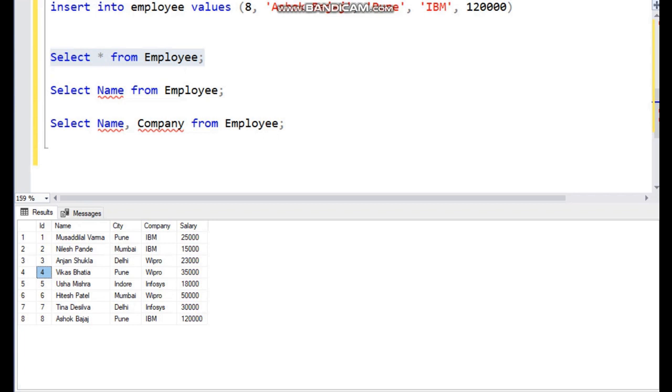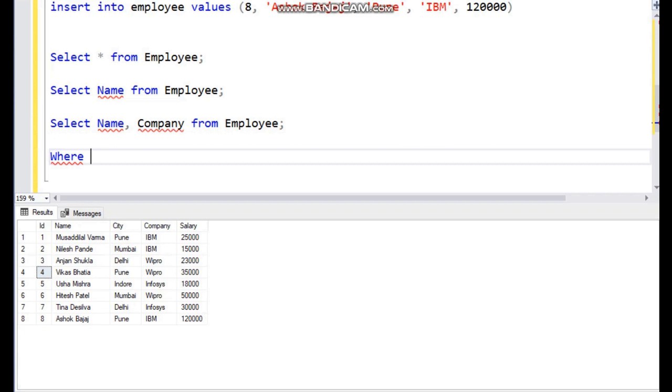So you can have a condition in the select command. To specify a condition in the select command, we have the where clause. In the where clause you can write the condition. The condition is ID is equal to 4.